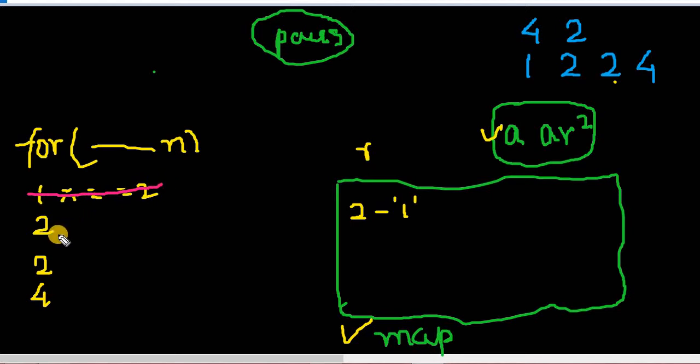So 1 is done. Then we'll come to 2. We'll check if 2 exists here. If yes, we'll increment the count. So in the result variable, we'll increment the pairs. Okay, so 2 is present, so we'll increment the count, and for this 2, I'll multiply it by the common ratio R, and we'll increment the value here. Okay, for this 2, we have got the solution.